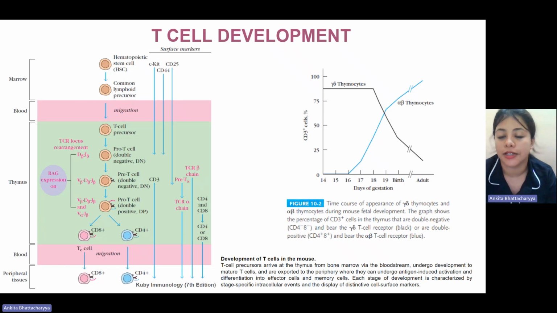That will not be entertained, and such a cell will eventually be lysed and eradicated from the system. If that doesn't occur, there is the emergence of the pre-T cell, which is also double negative, but now carries a V beta fusion with D and J beta. So there has been attachment of the variable region, and that leads